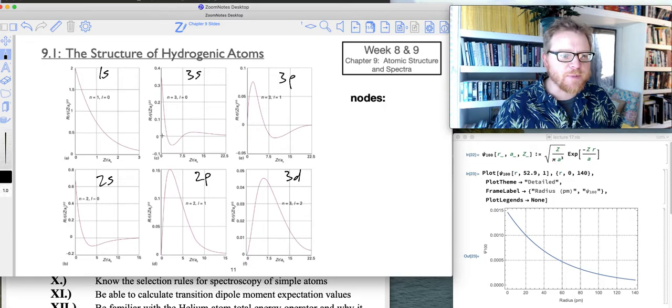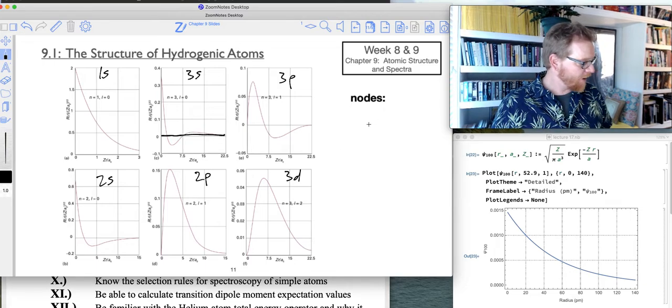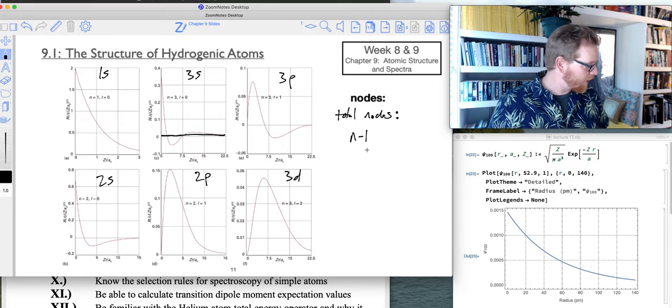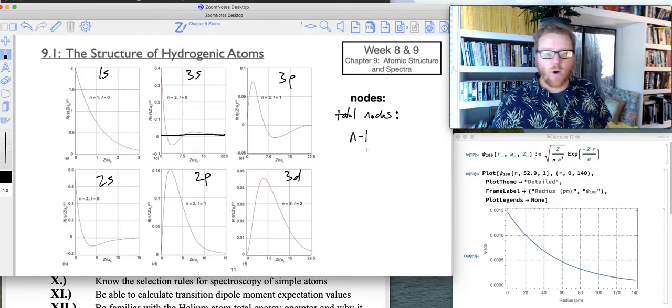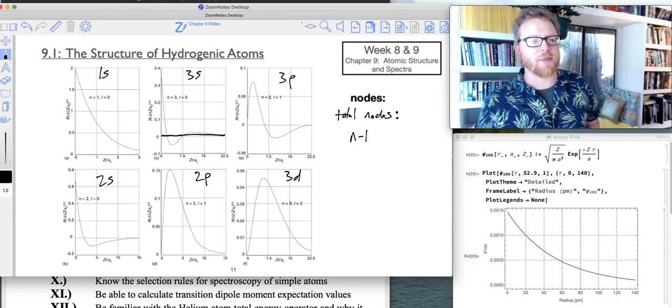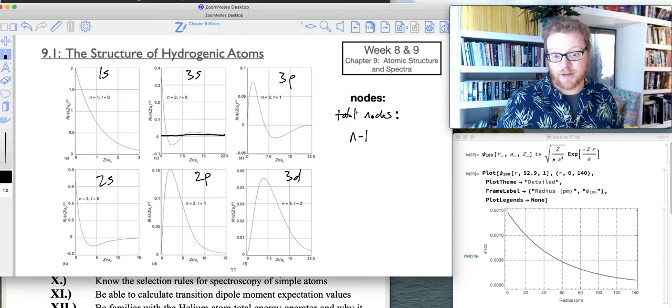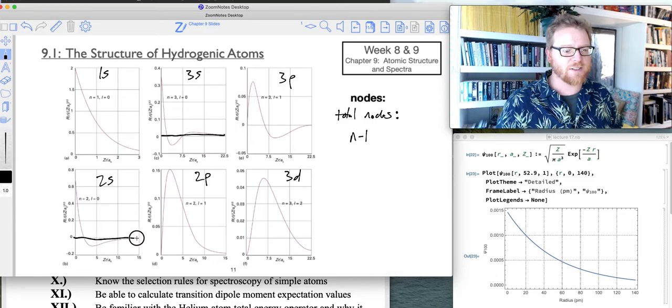Well, let's highlight specifically where this crosses 0. We already remember that our total nodes was given by the particle in the box problem, and that's n minus 1. So if we start to play with that, when we look at the 1s orbital, we see 0 nodes, and that makes sense because 1 minus 1 is 0. Fantastic. What about 2s? If I look at where this crosses right here, look, there is 1